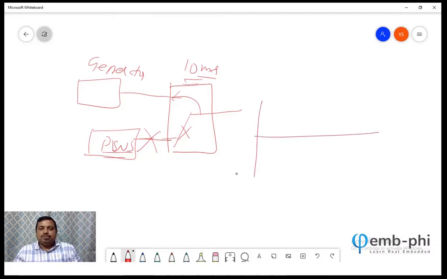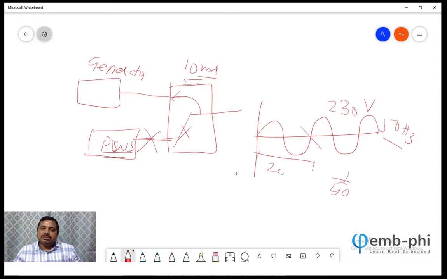See, in our home we get 230 volt and 50 hertz input. 50 hertz means if you do 1 upon 50, you will get 20 millisecond. From here to here is 20 millisecond, and half of that is 10 millisecond.